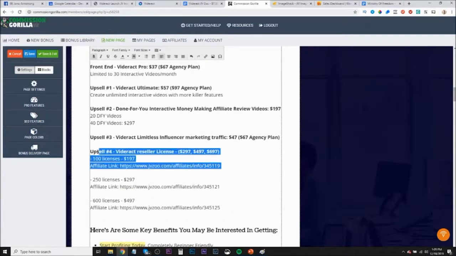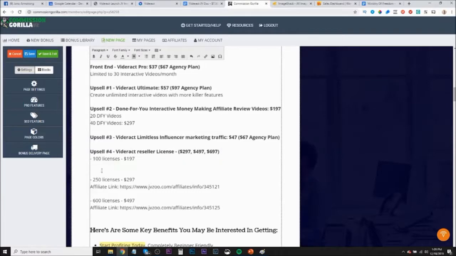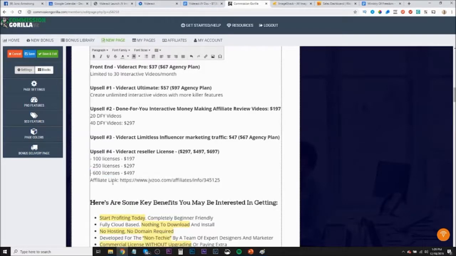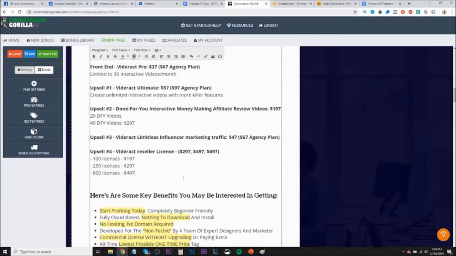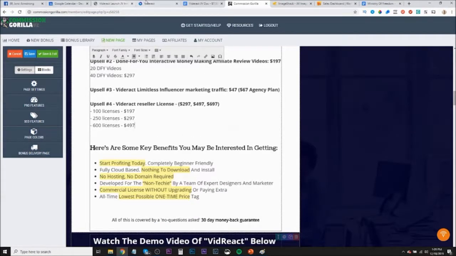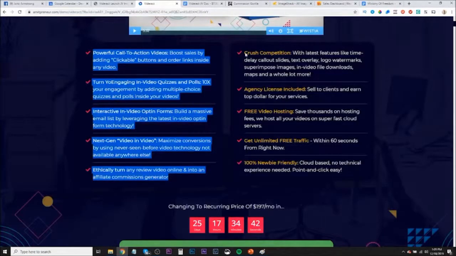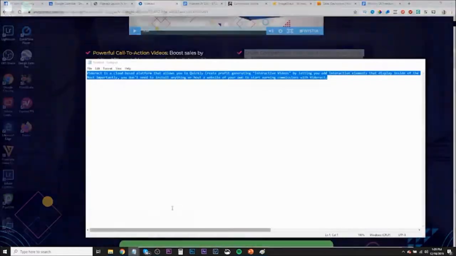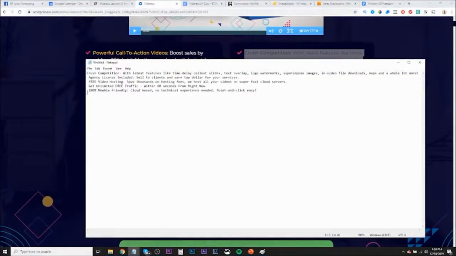100 licenses, 197. So we're giving our prospective customers all the information they need to make their educated decision, right? Well, as much information as we can. Now these benefits down here, what we can do is go back to the sales page and grab these other benefits, which are usually underneath the sales video. So as always, we're going to paste that into our notepad first, and then get rid of these spaces, copy